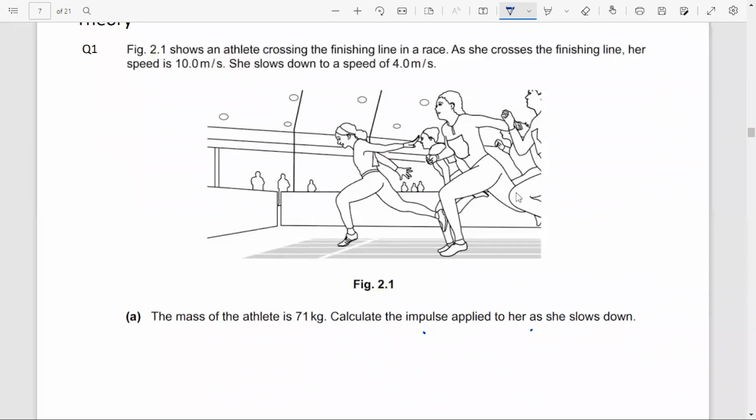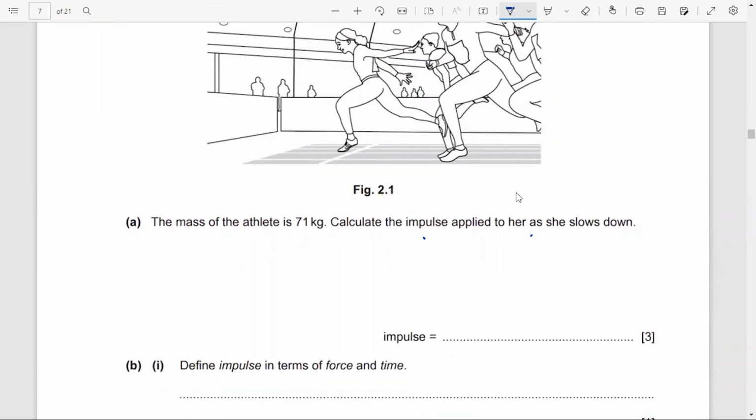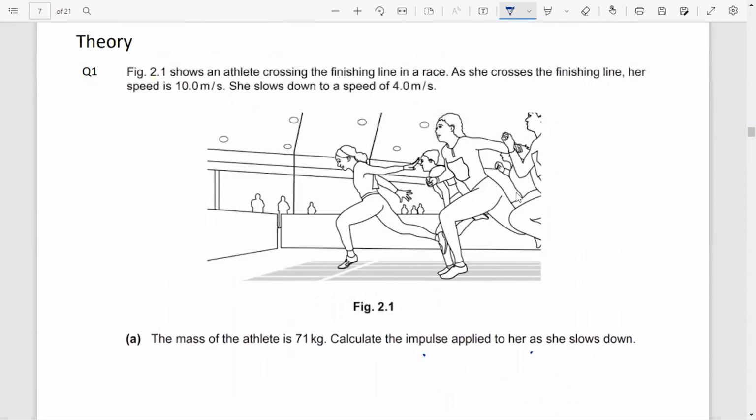एक एथलीट रन कर रही थी, ठीक है, उसने फिनिशिंग लाइन को क्रॉस किया, उसकी स्पीड 10 से 4 पे चली गई, आपने इंपल्स फाइंड करना है। इंपल्स इज f into t, by the way, f into t is mv minus mu, ये नेगेटिव है, दैट्स फाइन। मैग्नीट्यूड अगर देखें तो दैट इज 426, राइट। आप लोगों को अगर फोर्स और टाइम नहीं दिया हुआ तो आपने चेंज इन मोमेंटम से इंपल्स निकालना, ठीक है। अगर आपको फोर्स और टाइम नहीं दिया हुआ तो चेंज इन मोमेंटम will be used to find the impulse,